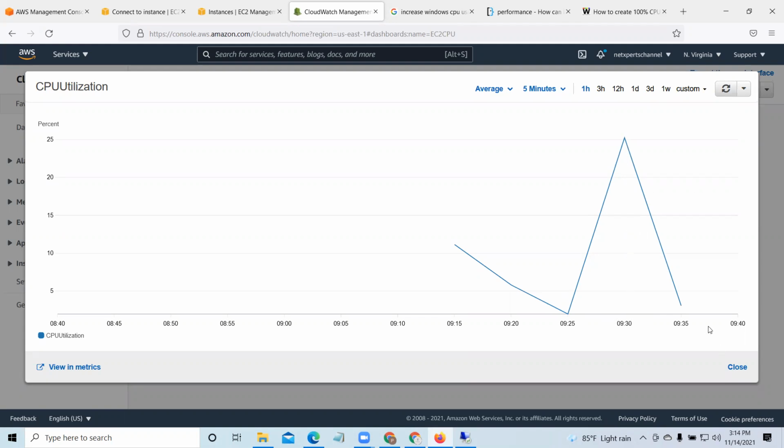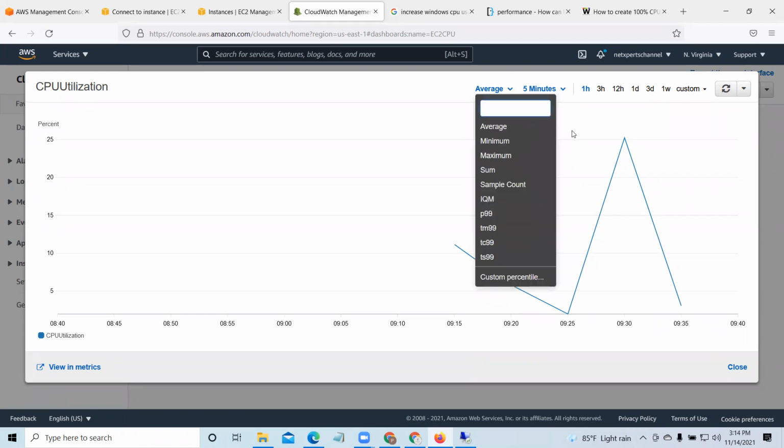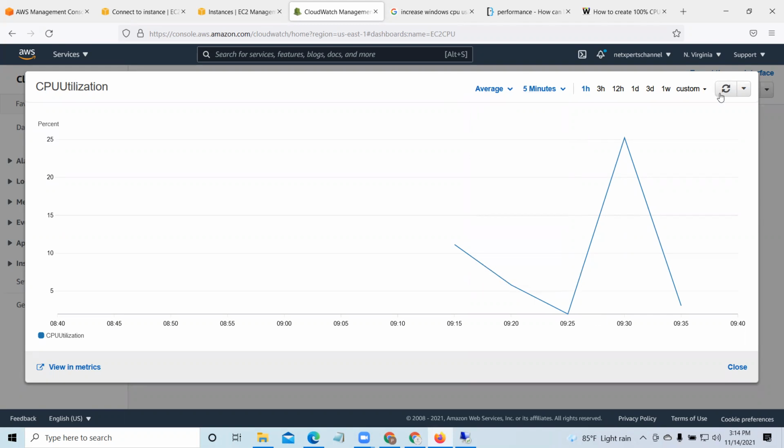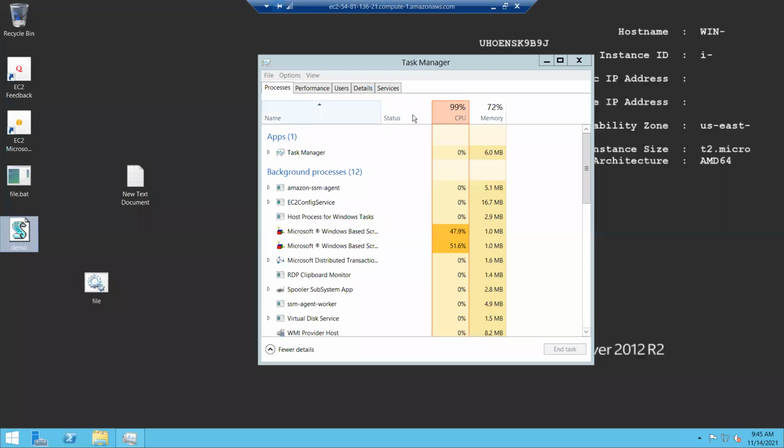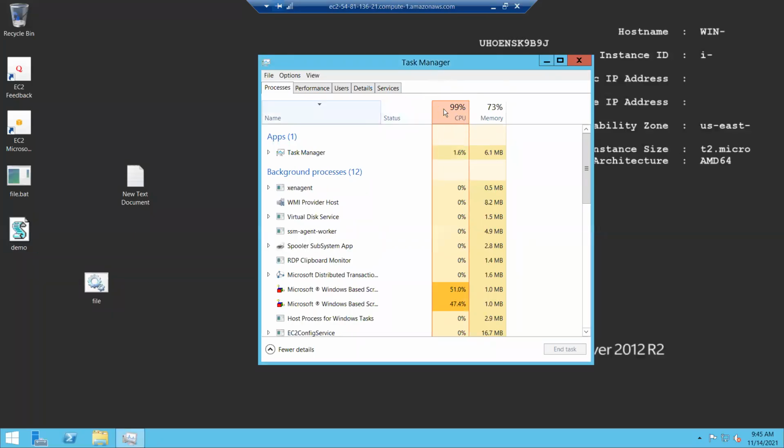So it is going to collect every 5 minutes, right? If it is 1 hour, it gets the data at a 5 minute average interval. You can see minimum, average, maximum, and so on. We may get the result at 3:17 or 3:18. Still it is 100%. So likewise, you can